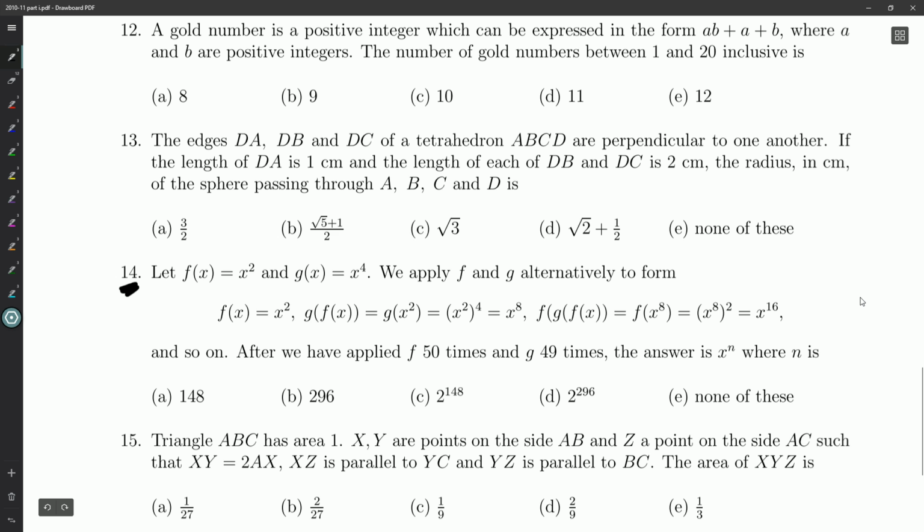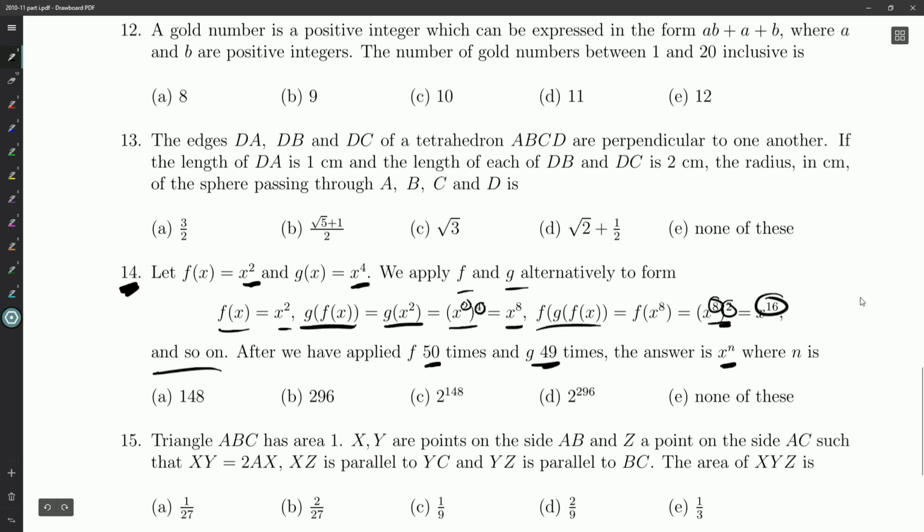We're looking at question number 14 on the 2010 multiple choice paper. f of x is x squared, g of x is x to the 4. We apply f and g alternately to form: f of x is x squared, then we apply g to that. g of x squared, you get x to the 8, because the 4 sort of multiplies in with the 2. And you square that, and then the 2 multiplies in with the 8, so we get x to the 16, and so on. If we apply f 50 times, remember we start with f, and g 49 times, the